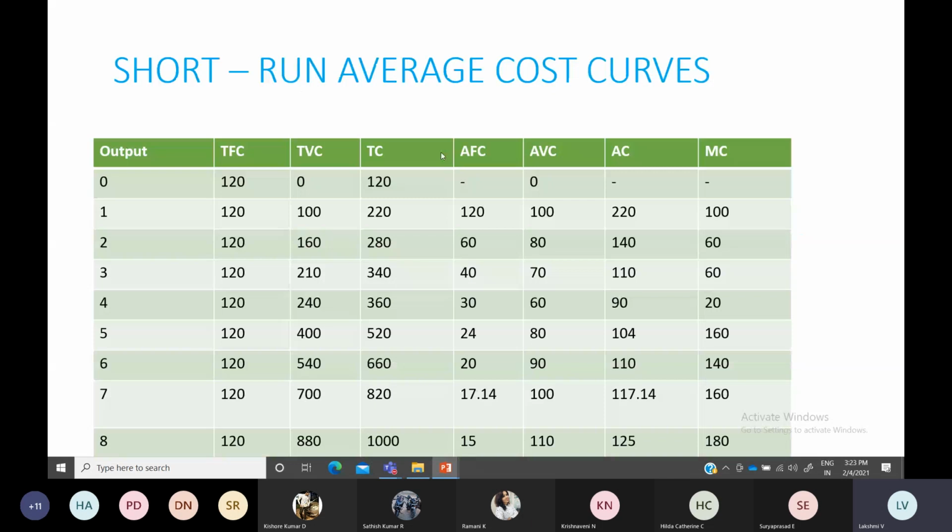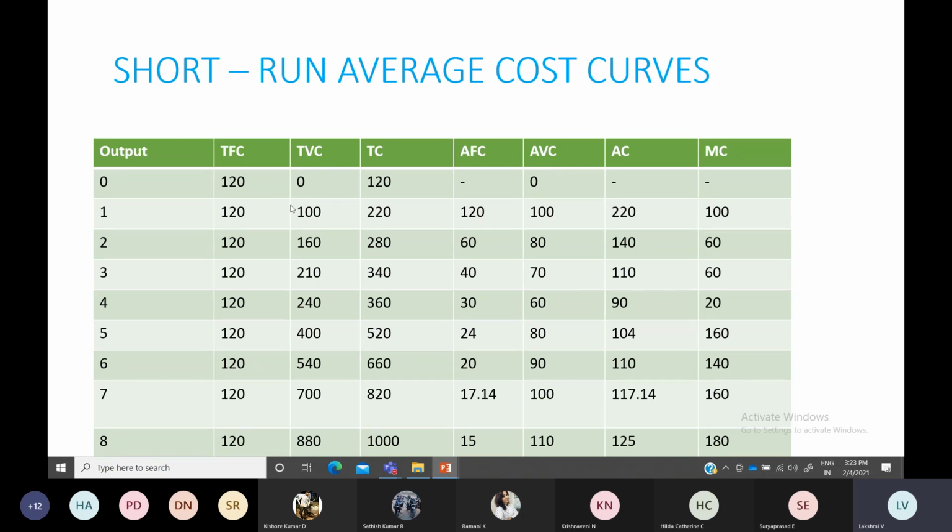So this can be explained with a table also. In this table, you see all the costs we have brought together. In this we can just take out our average variable cost, this column alone. How we will obtain this average variable cost: total variable cost you must know. From that, if you divide by output, you will get this average variable cost. If I produce 0 units, I will incur 0 only, then my average variable cost will also be 0 or undefined.